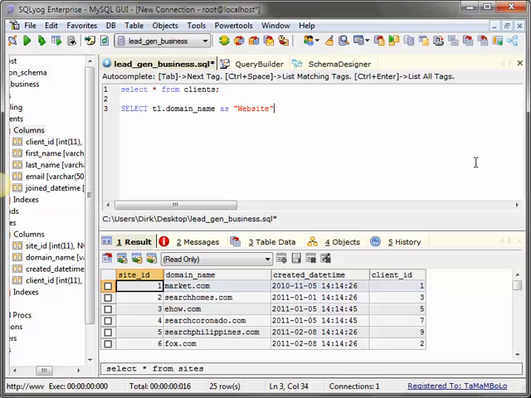And then what else do we need? We'll need the names of each client. For the names, we have the first name and the last name of each client. I'll name the clients table as T2 afterwards.